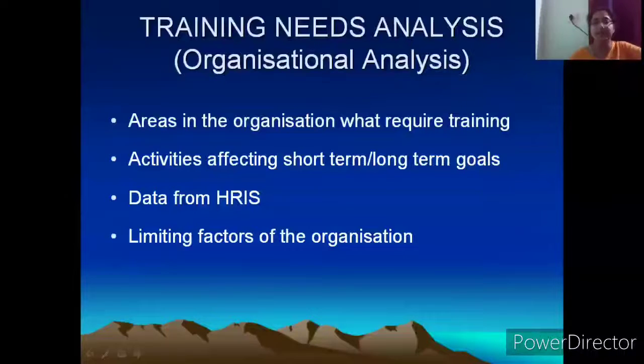Next, limiting factors of the organization. Many times, one example here is the organization's culture itself does not promote much training, which is stemming from the top management. Top management is not able to appreciate the importance of training, is not able to understand the importance of training. So thereby, they do not make sufficient provisions in their budget, and thereby they do not give sufficient finance for conducting the training program, obviously, which is going to be difficult for the company.